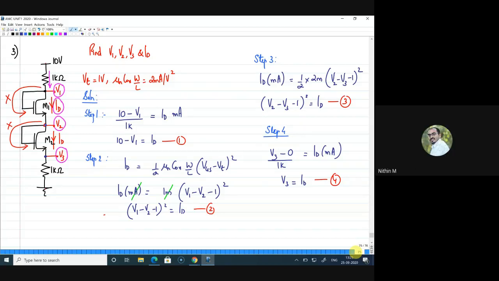You've equated 2 and 3, right? Yes. So when you take the square root on both sides, you have to consider minus of 3 and plus of 3, right? Yeah, that is what I am telling. What I am writing there is in fact VGS minus VT, right? Since it is an N MOSFET device, you can dismiss that negative term from there itself.